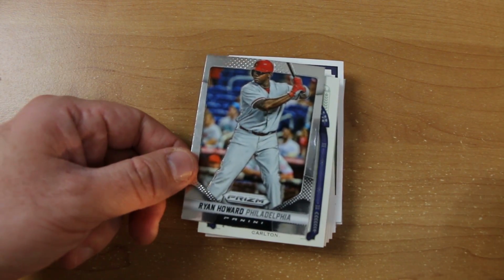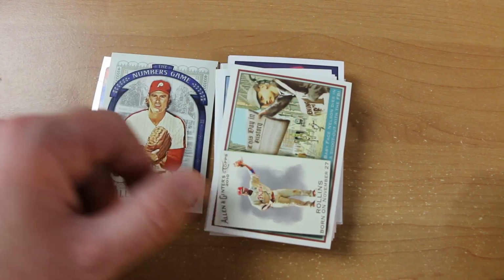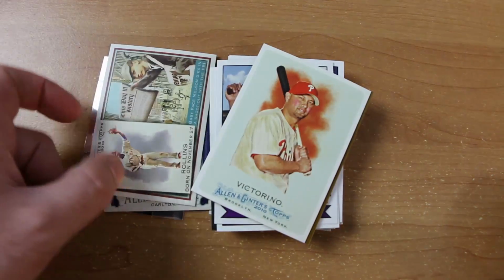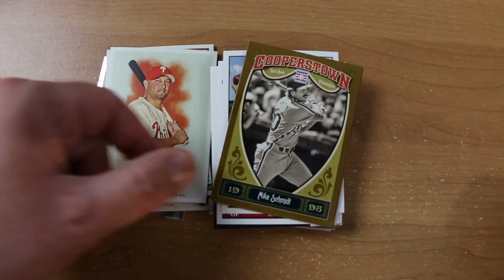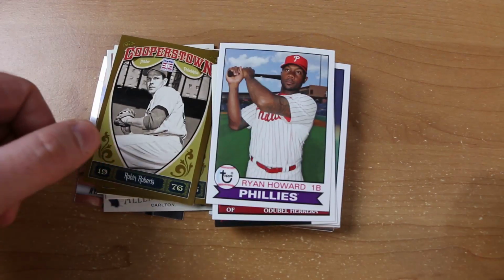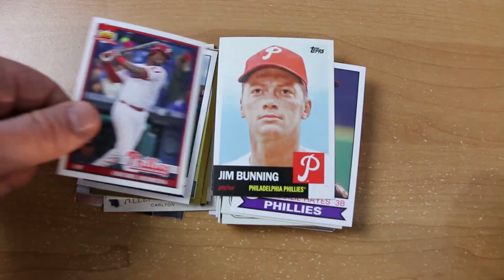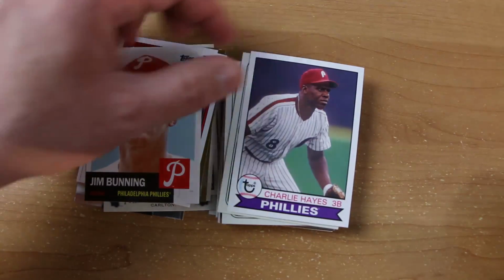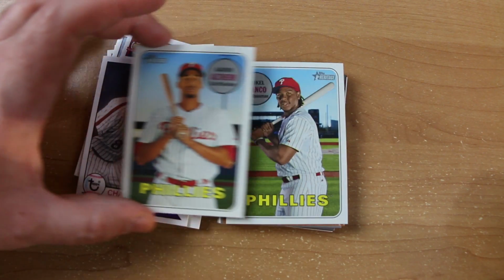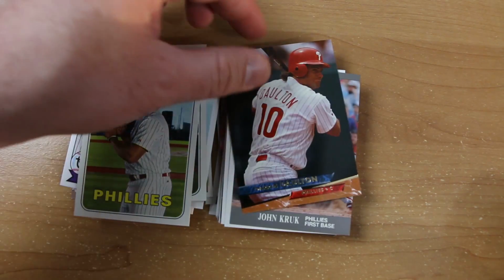All right, we got a Ryan Howard from Prism, a Steve Carlton Ginter, a nice Rollins Ginter, which I don't believe I had, a Victorino Ginter, Schmidt Cooperstown, Robin Roberts, so definitely some nice binder material here for sure. Ryan Howard, nice Herrera card, Jim Bunning, Charlie Hayes, Aaron Altair, I have one of these out TTM right now, Michael Franco, Darren Dalton,